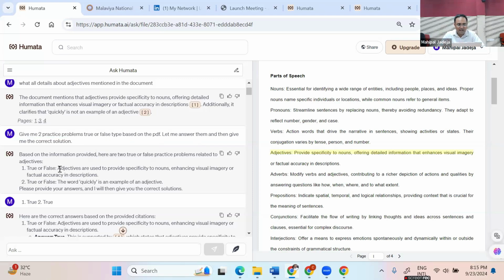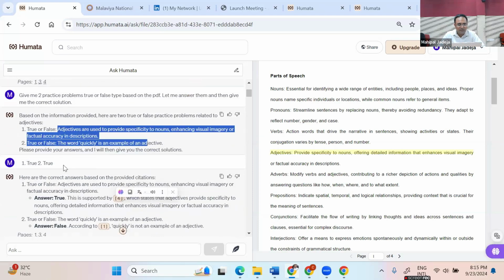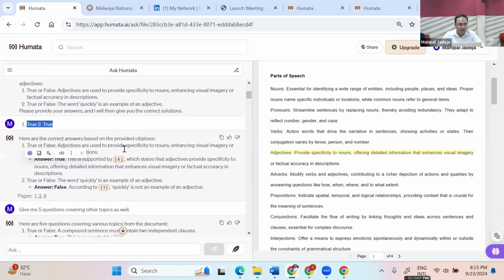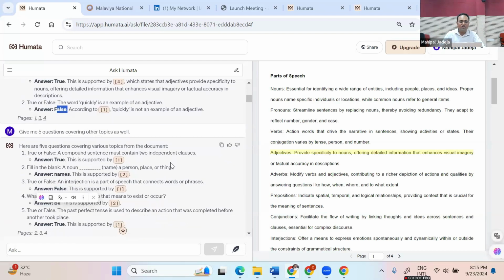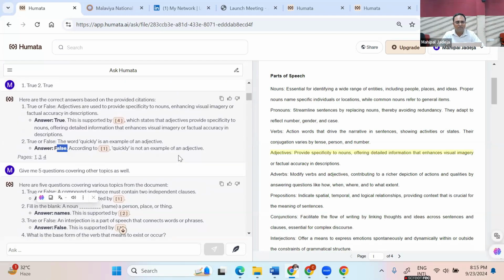So it has asked these 2 questions, and then I have given this particular answer, that both are true, I'm saying, right? So then it's telling me that the second answer is actually false, and based on this material itself, my answer is wrong. So again, one can say this makes learning quite interesting,